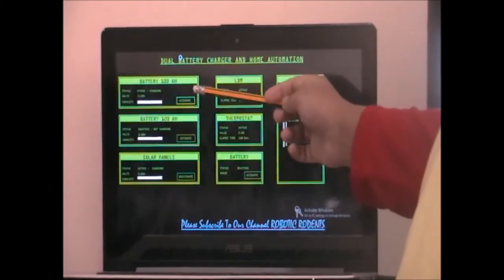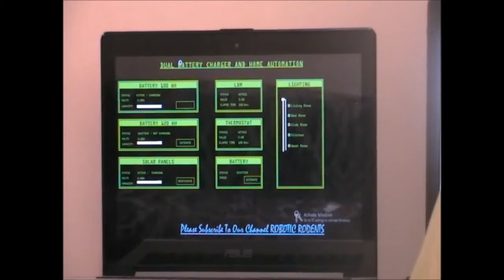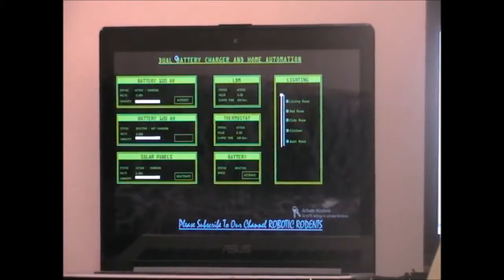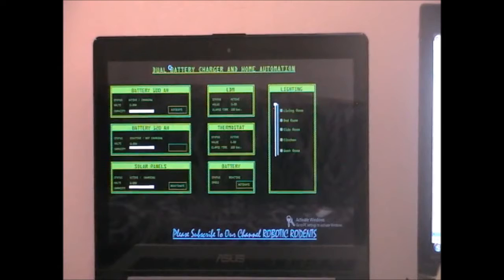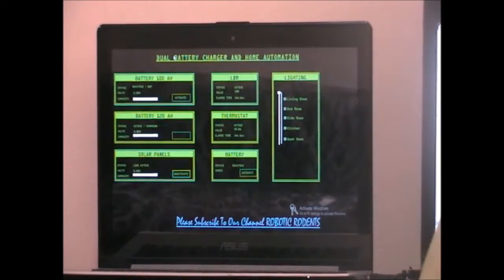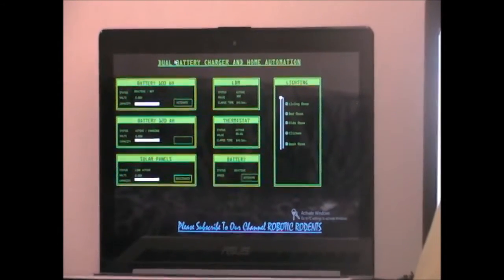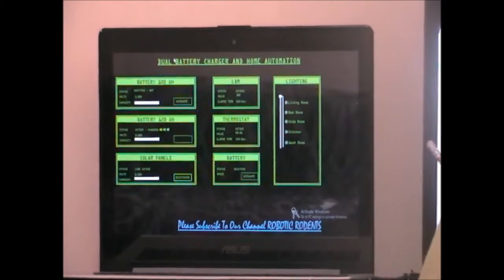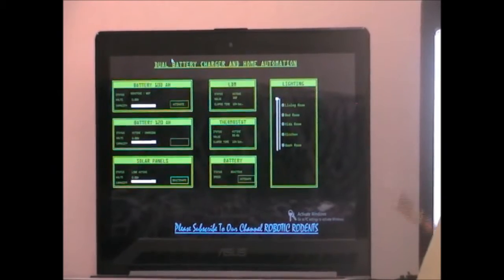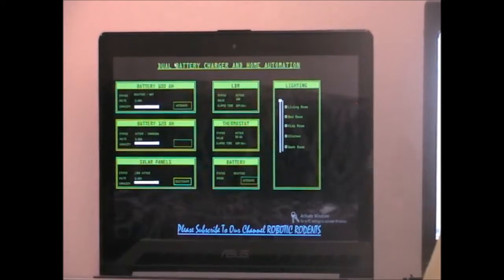This is the primary battery bank and this is the secondary battery bank. Both of these sections provide information about the status, whether it is active for load or is being charged by the PV module. As of now, we have the load connected to the active battery, but in future we will be coding it up for user choice as to which battery bank will get charged and which one will take the load.